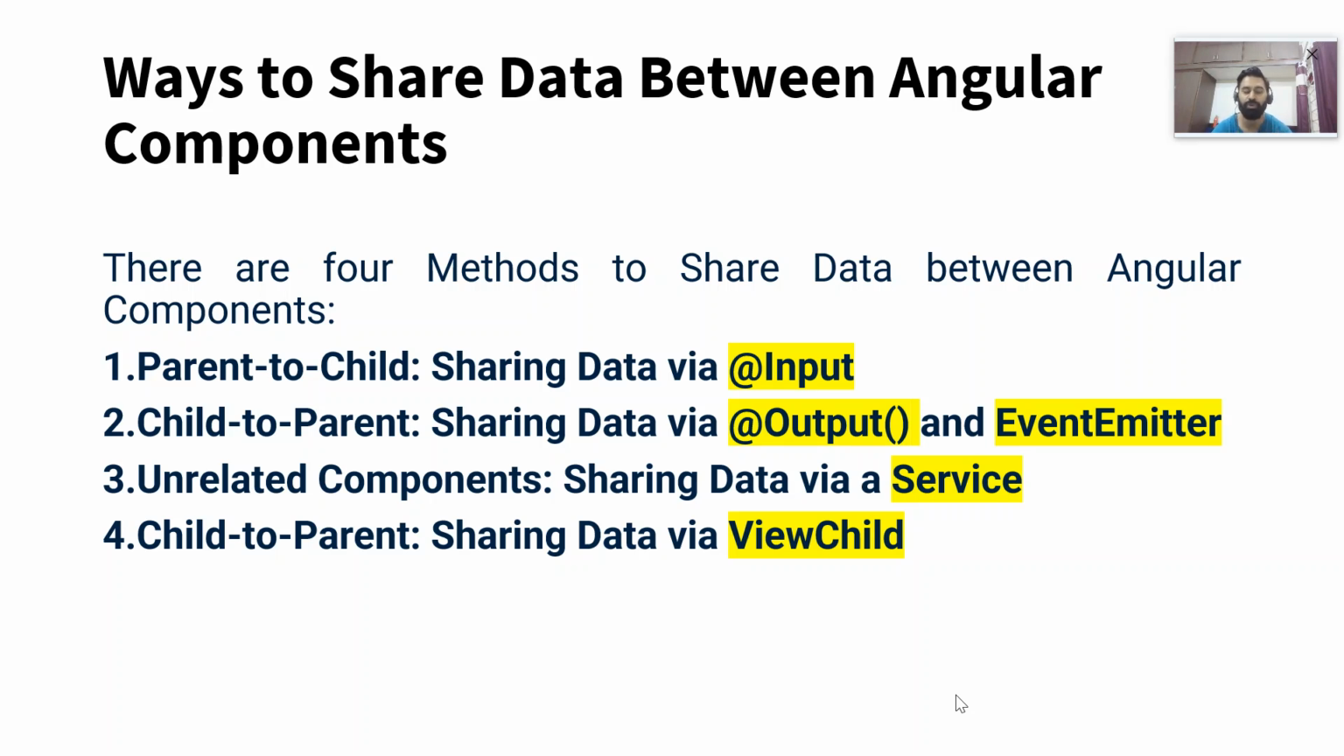they are, like, first, we discussed how to transfer data from parent to child using the Input decorator. Then we discussed transferring data from child to parent using the @Output decorator and the EventEmitter. And then the third approach, we discussed sharing data between unrelated components with the help of a service class. And the fourth approach, we discussed sharing data from child to parent via the use of a ViewChild template reference